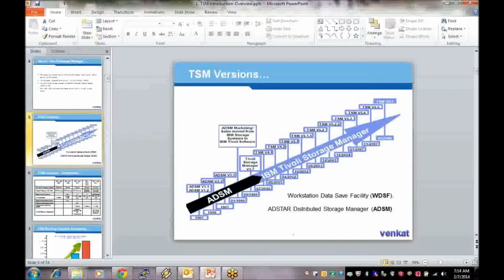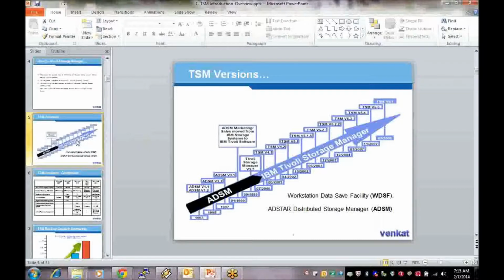Before this, first we need to know about the TSM components and TSM architecture. What is the TSM architecture exactly? How does it work? What is the relationship between the TSM database, the TSM recovery log and the storage pool? This basic point is very important, because we have three common components: the TSM database, TSM recovery log, and TSM storage pool. What is happening in the database? Suppose we take any file backup,